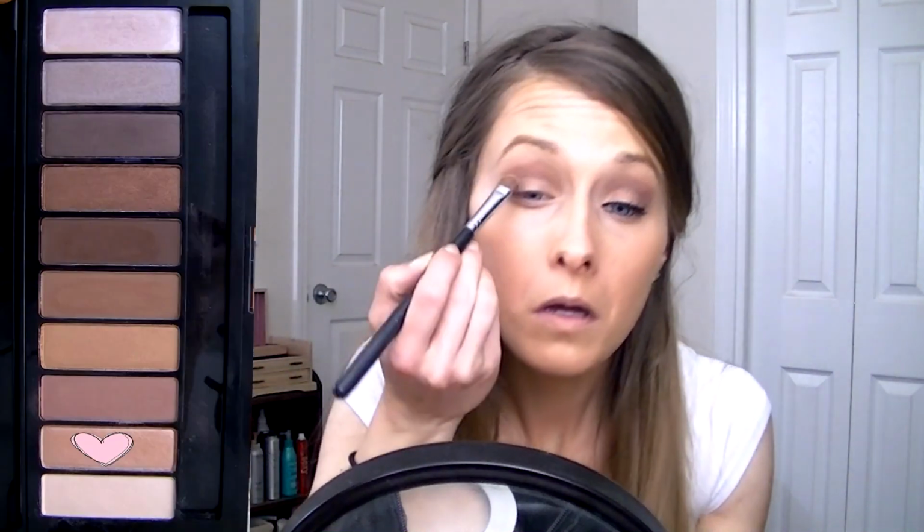And then I'm just going to take this big fluffy blending brush, and make sure we have no harsh lines. And then I'm just going to take a flat shader brush, and I'm going to take the second shade in this palette, which is a shimmer color, and apply that all over my lid. This color swatches beautifully, but on the eye it doesn't give as much intensity as I would like,